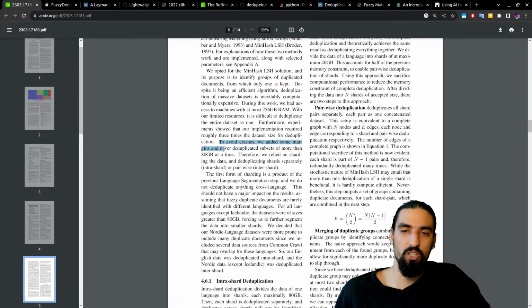To avoid crashes, we added some margins and never deduplicated subsets of more than 80 gigabytes at a time. Okay, therefore we relied on sharding the data and deduplicating shards separately, intra-shard, or pairwise, inter-shard. The first form of sharding is a product